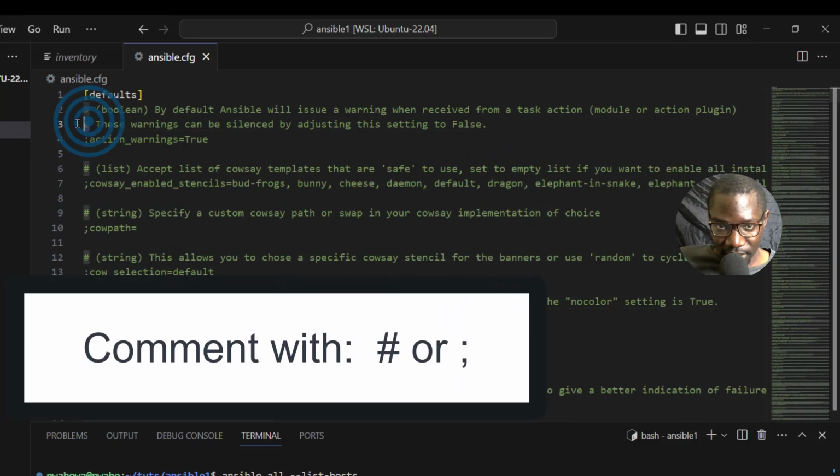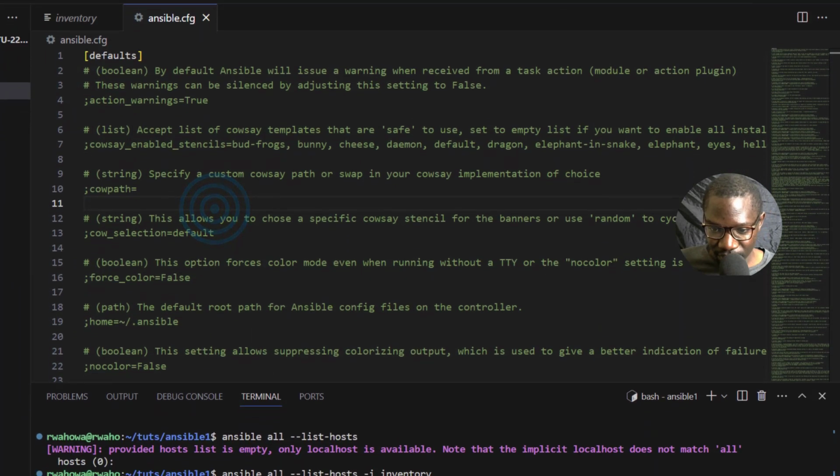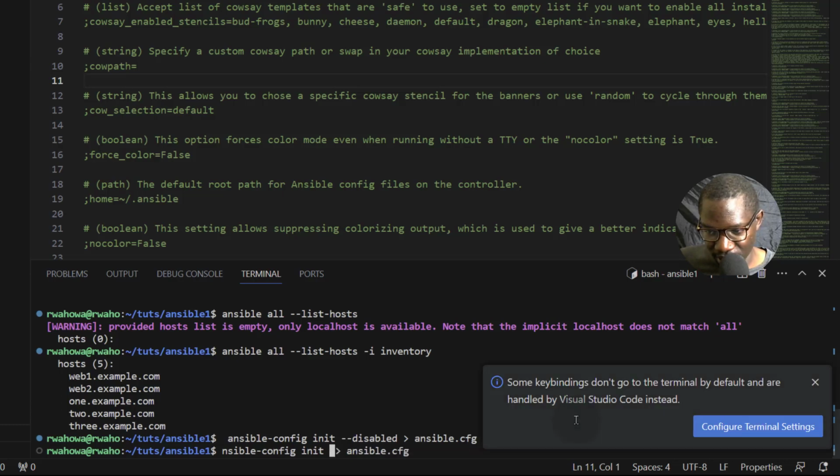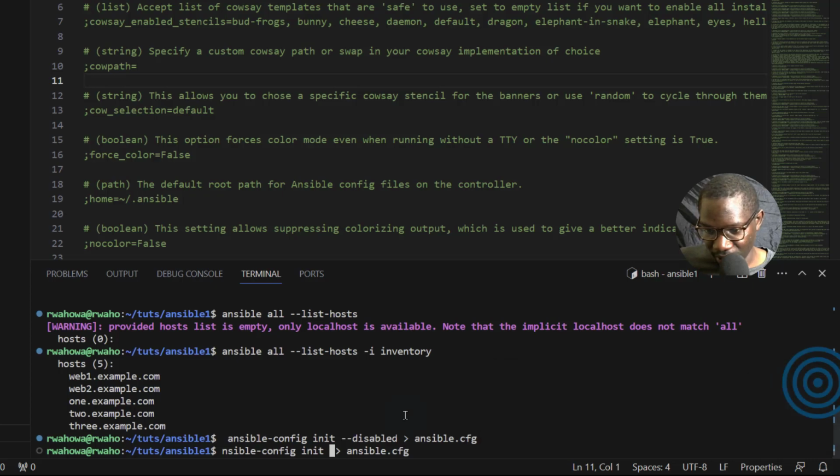So that comments out, align, that one as well, comments out, align. As I was saying, if you want them to be uncommented, Ansible, I'm just going to copy that and I'm going to delete this. So I can just do Control, delete, and that's going to delete that specific word. That's something you can do in your Linux shell. If you want to delete this entire thing and you don't want to delete it one at a time, you can just do Control D and that's going to delete it.